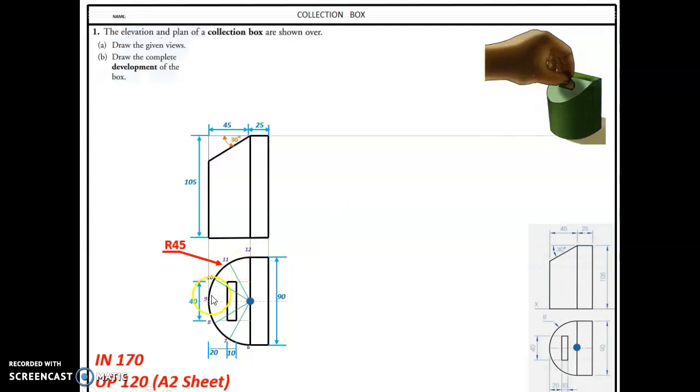Now I'll need to bring up these points here, the 9, the 10, the 11, and the 12, up onto the elevation when we're drawing that. Anyway, we're going to draw the